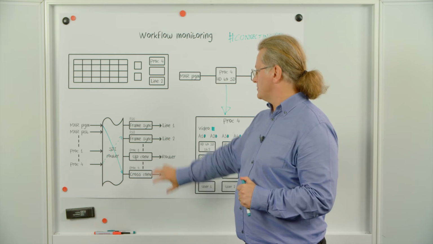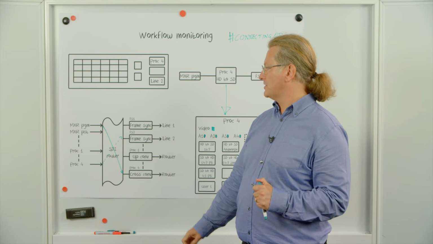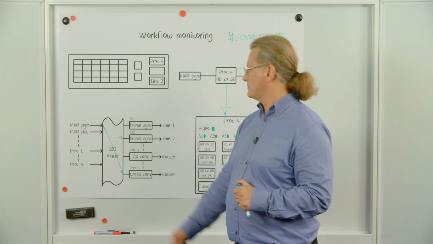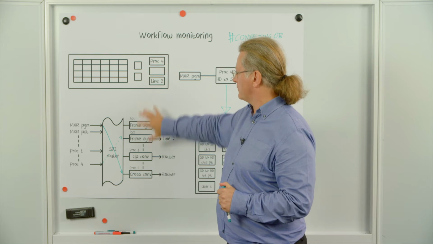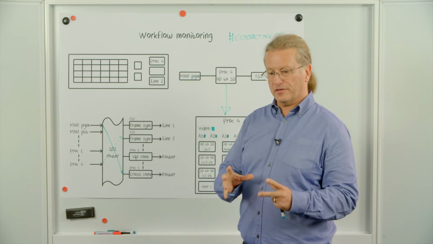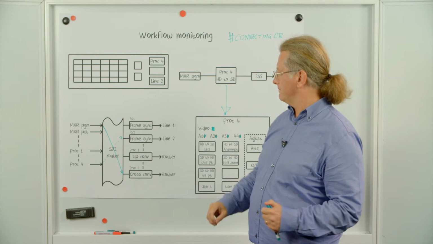Now if I look at the system diagram, I can see that line 2 is not the end of the process here. There is another step, this frame synchronizer, which this isn't telling me about. So I need to have a combination of control panel and system diagram to even give me the basic knowledge of how the workflow is travelling through my truck.